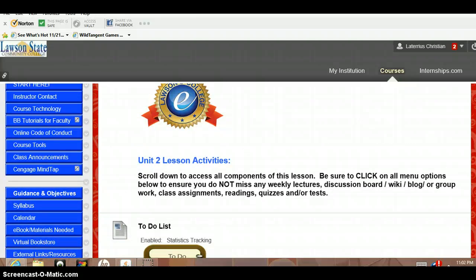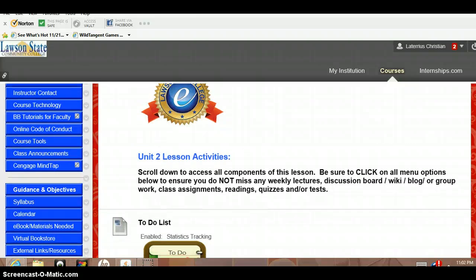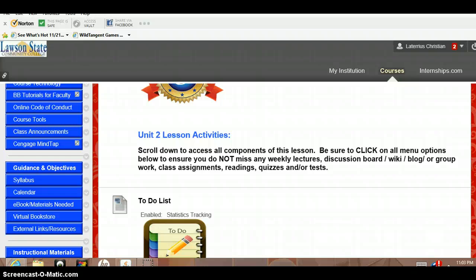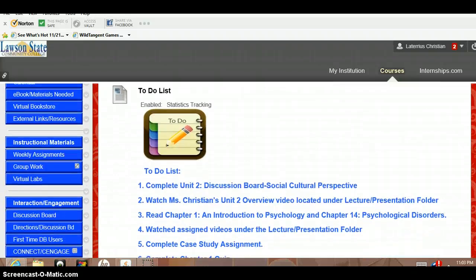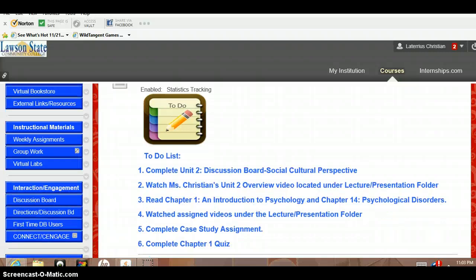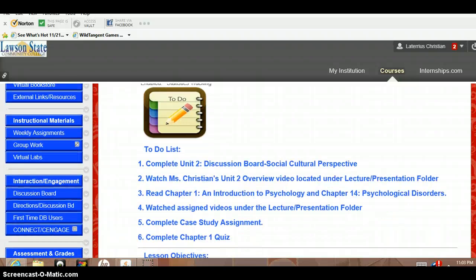It tells you to scroll down to access all the components of this lesson, and be sure to click on all menu options below to ensure you do not miss any weekly lectures, discussion boards, wiki blog, or group work assignments, reading quizzes, and or tests. For the to-do list, you're going to complete the Unit 2 Discussion Board, Social Culture Perspective.